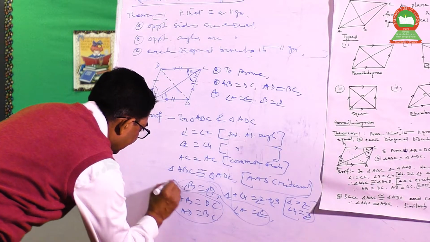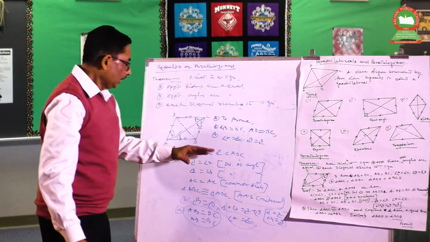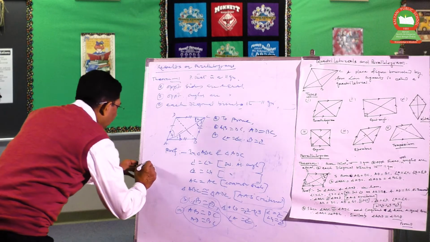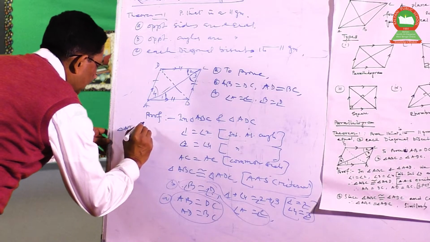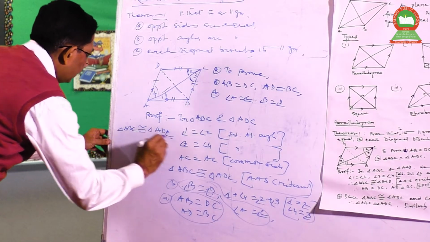This is B, and C is the equal area of the two triangles, because triangle ABC is congruent to ADC,